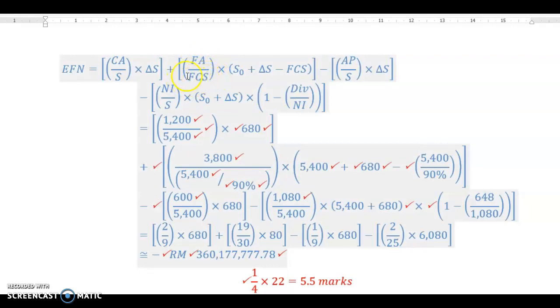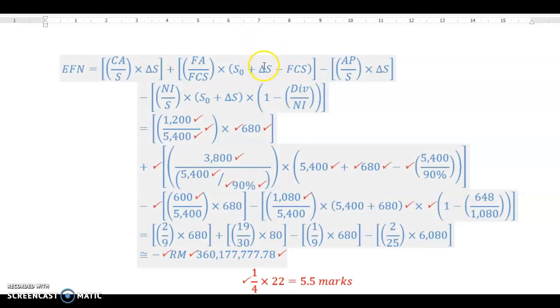Remember, always when you're dealing with companies operating at less than full capacity, you need to compute. The first step is always to compute the full capacity sales. Then you multiply this ratio, the capital intensity ratio for fixed assets, with the new level of sales. This is the current level of sales plus the expected change, or increase, in the level of sales,